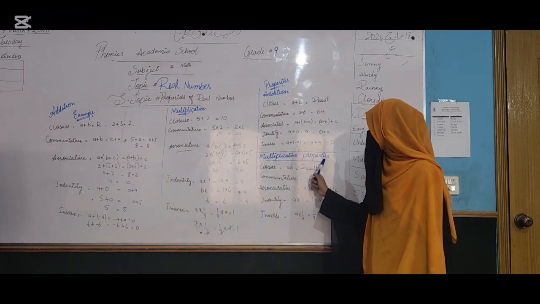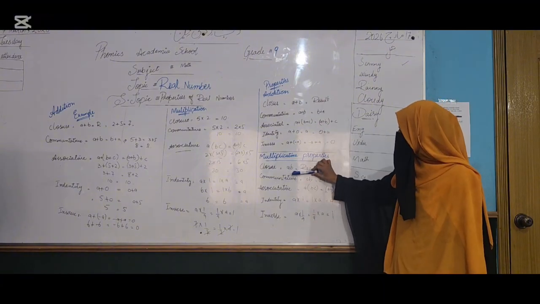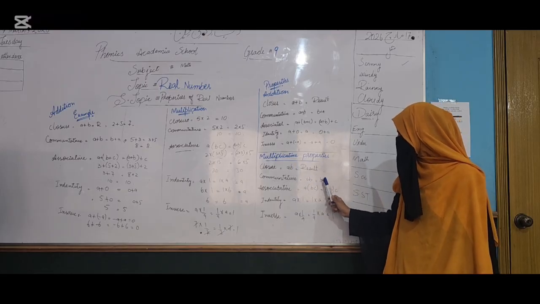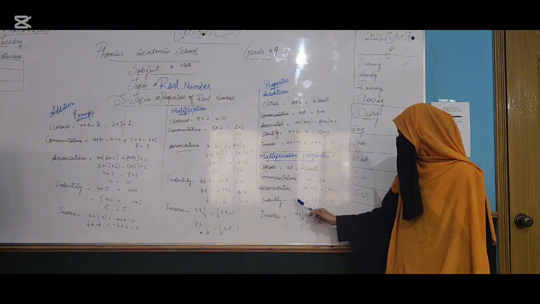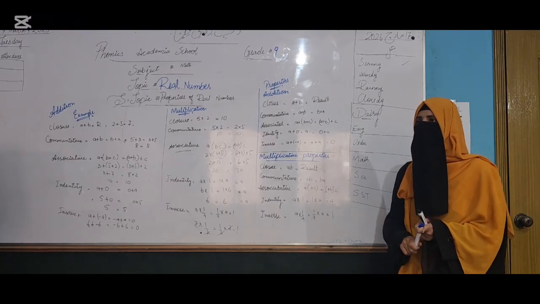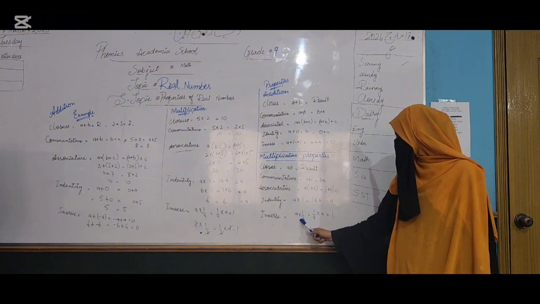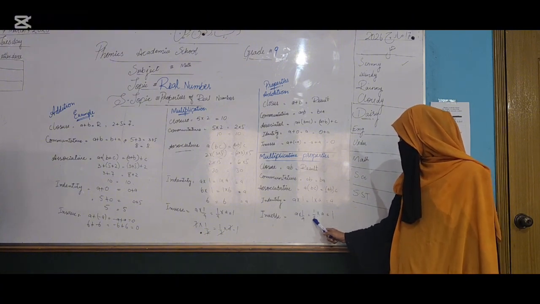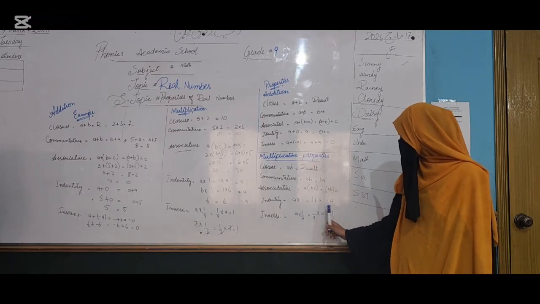Next are the multiplication properties. Closure property: a and b stay the same way. When you have a multiplication sign, a multiplied by b is equal to a result, a b. Commutative property: a multiplied by b is equal to b multiplied by a. Associative property: a multiplied by b multiplied by c. Identity property: a multiplied by 1 is equal to a. When you multiply a by 1, the answer is itself. Inverse property: a multiplied by 1 by a is equal to 1. When you multiply a number and its reciprocal, the answer is equal to 1.